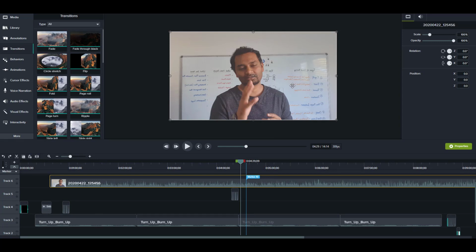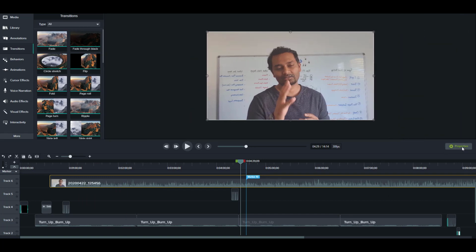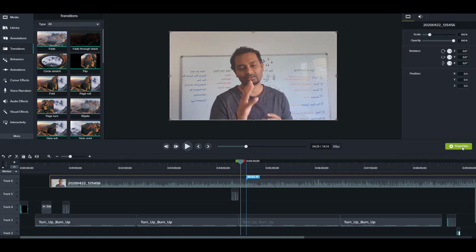Now let's say for an example, you got the footage and you're not going to shoot it again, so now you just want to flip it again. How do you do it? Make sure that you select all the clippings from the same footage, select everything, and then on the properties, if you don't have the properties, click on the button that says properties. In the properties screen, there are two tabs here. One is for the visual properties, which is for the video, another one is for the audio.